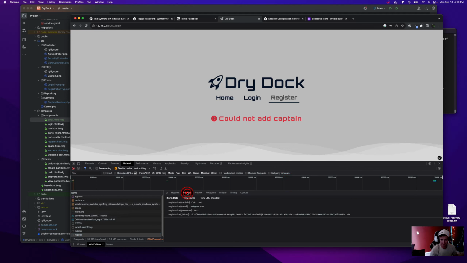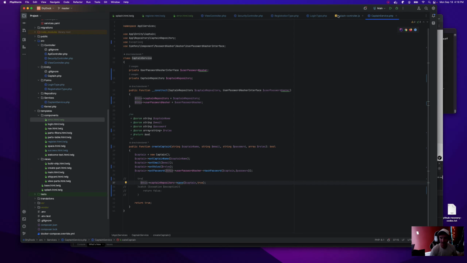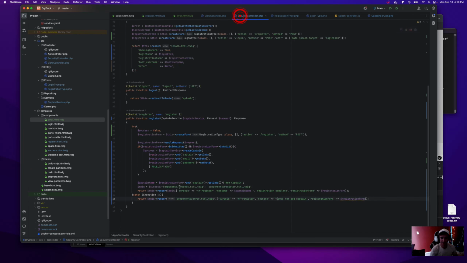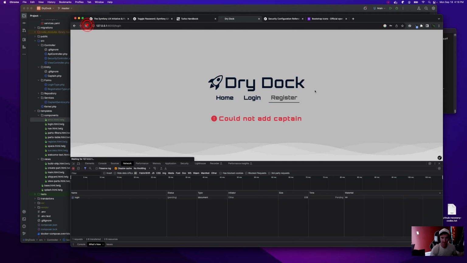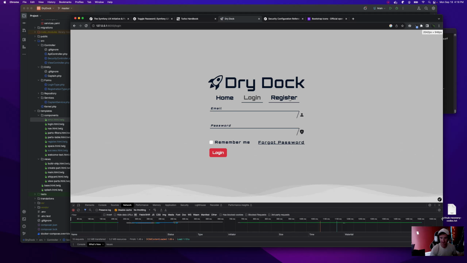Cool. It's not, but I have all this in a try catch, so I'm not getting the error. That's really annoying. For debugging, obviously I should just print the error out, but I'm too lazy. We're doing this. We're doing it.